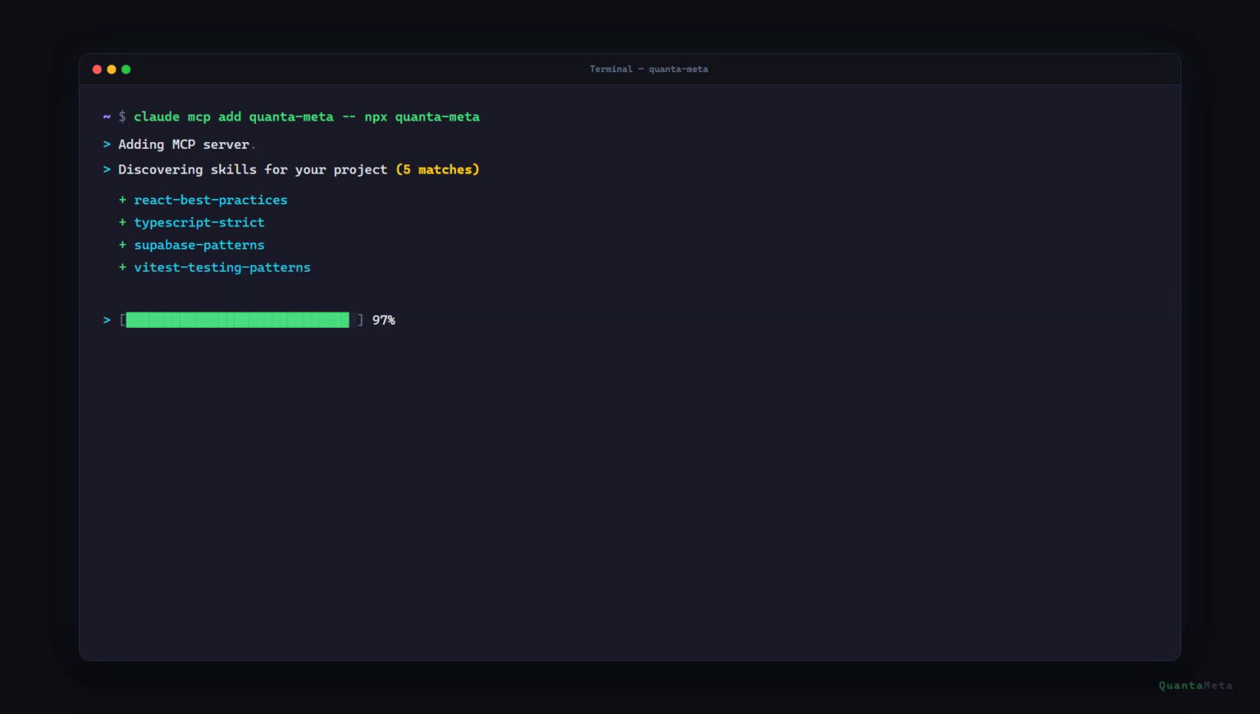Next time you start a session, Quanta Meta connects automatically. It reads your project, discovers the best matching skills, and installs them to your local skills directory. 5 matching skills installed. React best practices, TypeScript strict, Supabase pattern,